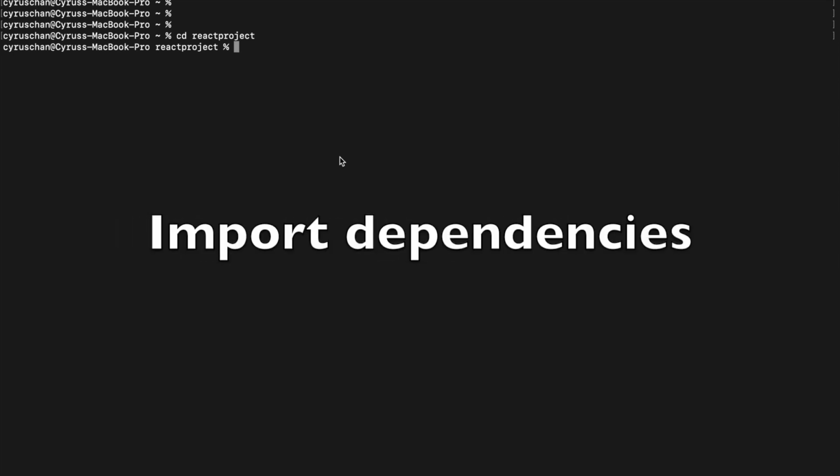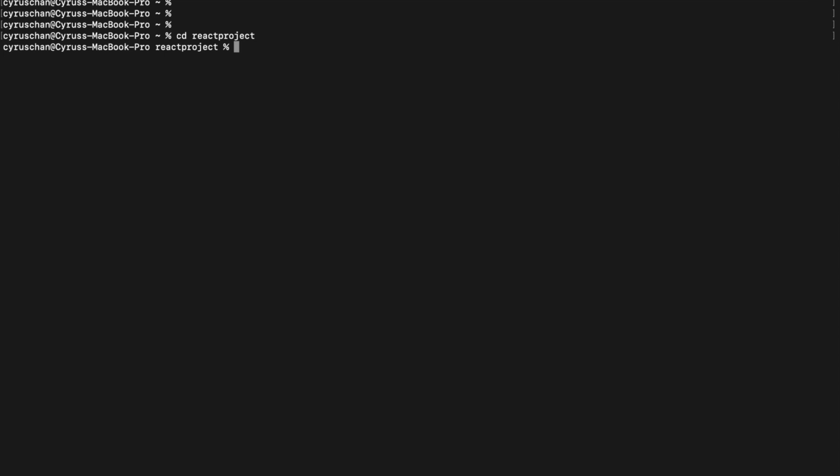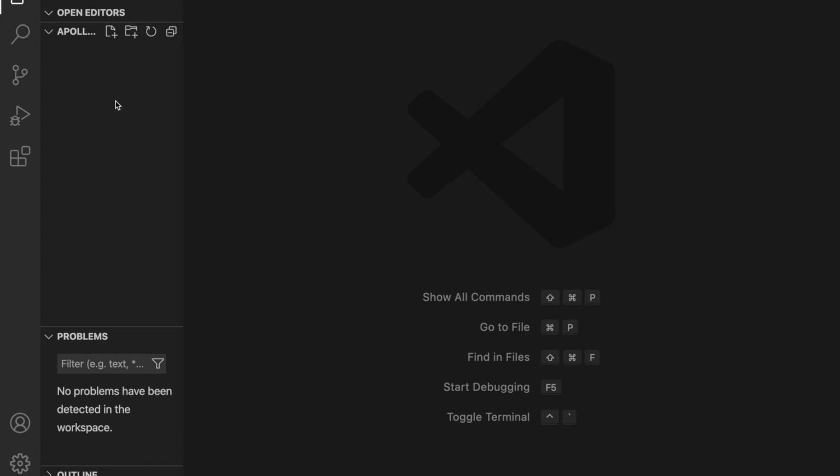In this part, we are going to create an Apollo server. So first, we create a directory, and then we go inside this folder, and then we type code to enter VS Code. Now, after we enter VS Code, we create a folder called server, and then we go inside the terminal,